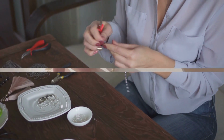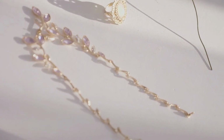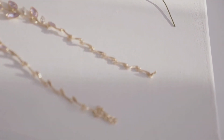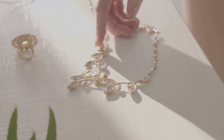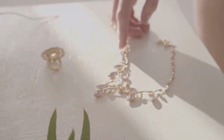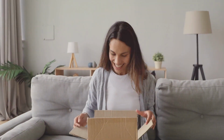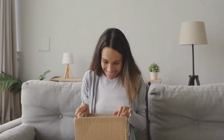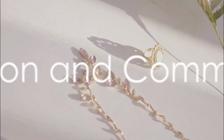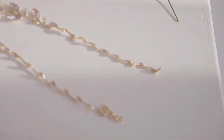Let's begin our journey. Personalized jewelry, the epitome of style and sentiment. In a world where mass production often drowns out individuality, uniquely tailored pieces truly shine. They not only make a fashion statement, but also represent an intimate expression of one's identity. Today, we turn the spotlight on a recent sensation that's been capturing hearts and gracing necklines across the globe: the Caitlyn Minimalist Etsy. In the bustling digital marketplace of Etsy, one name stands out for its stellar reputation and commitment